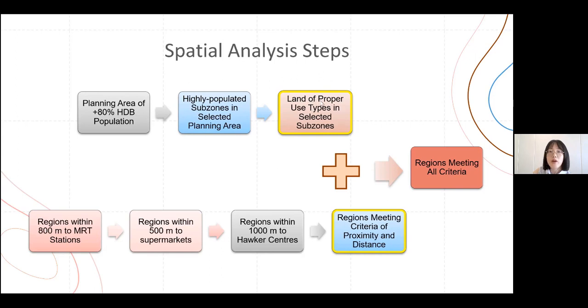The tool we're going to use is still spatial analysis. That is to say, for the first 3 criteria, first we will conduct score query once, and then we will conduct spatial query twice to get the result. And then for